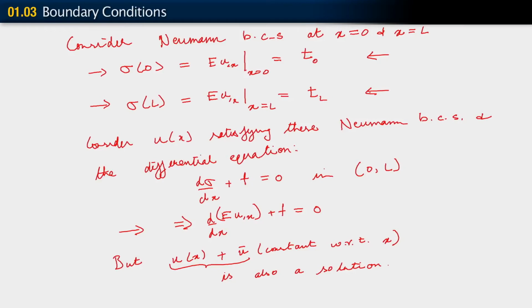So what we see is that if we have Neumann boundary conditions only on our problem, the solution u of x is non-unique up to